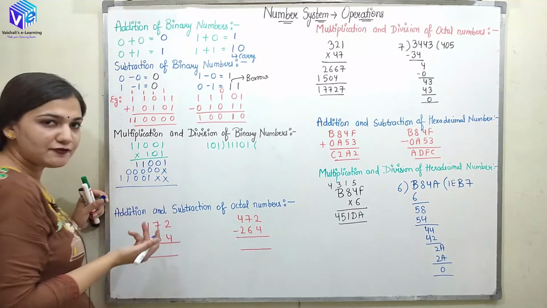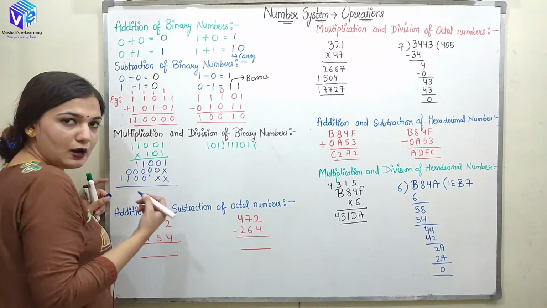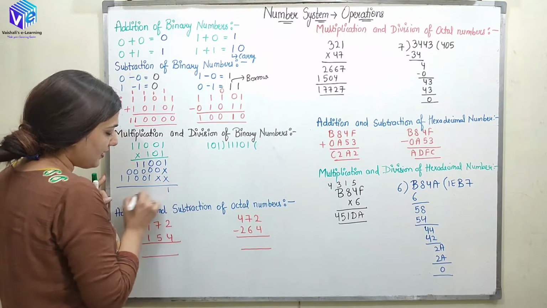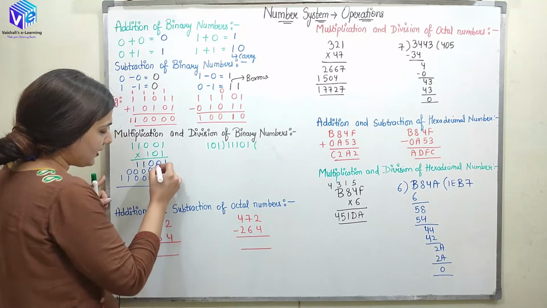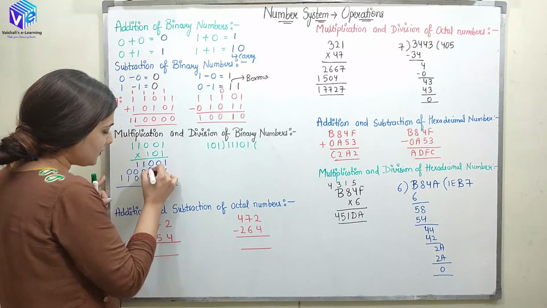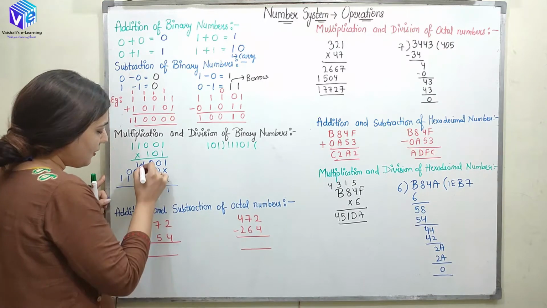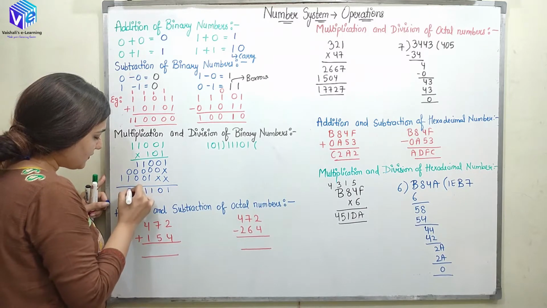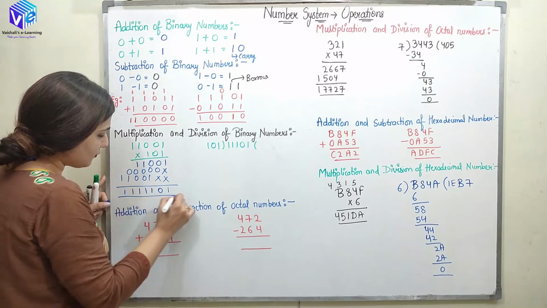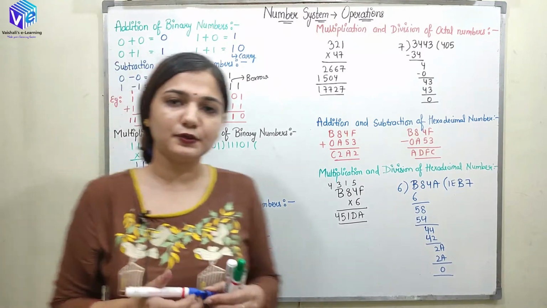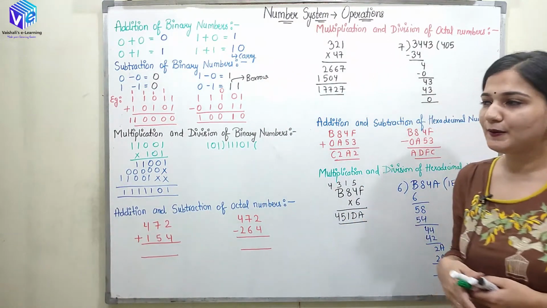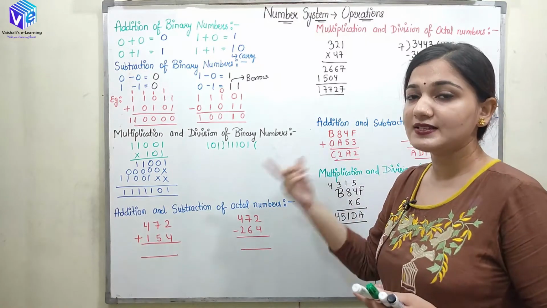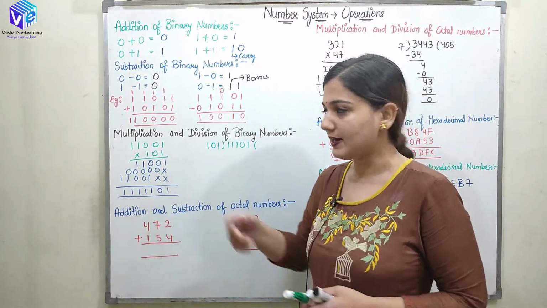Okay, so now what we have to do? We have to do the addition. We all know how the multiplication happens. So 1 is gone over here. It is added with 0 and 0, it is 1. 0 plus 0 will be 0. 0 plus 0 plus 1, it is 1. 1 plus 0 plus 0, it is 1. 1 plus 0 plus 0, it is 1. 0 plus 1 is 1 and 1. So this is how simply we can do the multiplication, right? Only one thing you have to remember, 1 multiplied with anything, we will be getting the same number, and 0 multiplied, we will be getting 0.